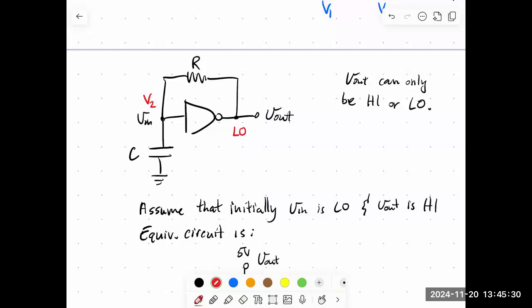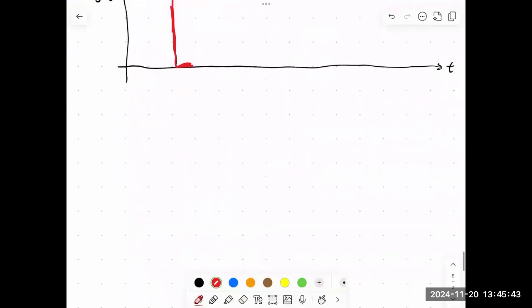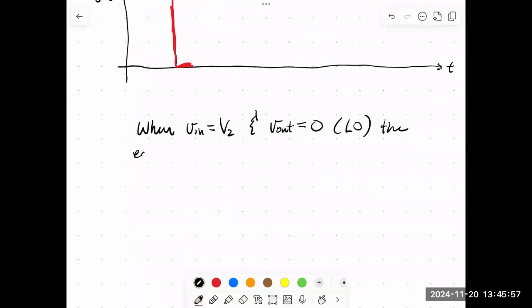Okay, but a low is like 0, so it's like our output is connected to ground. So what would that equivalent circuit look like? So when V in is equal to V2 and V out is equal to 0 or low, the equivalent circuit becomes,